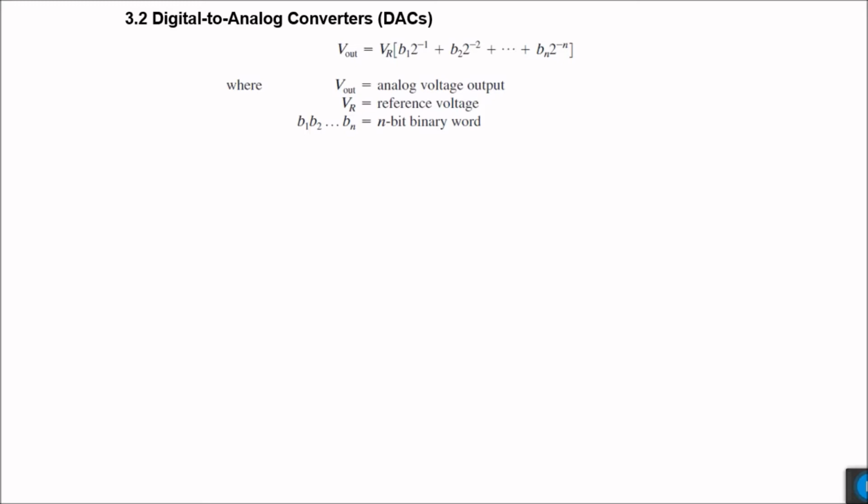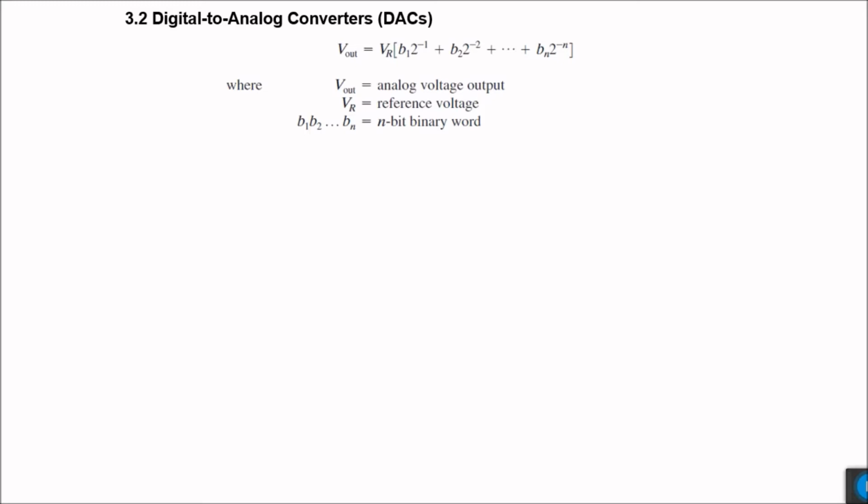But when we have to send that processed data back to the real world, most of the data handling in the real world is done in the analog domain. So it is necessary to receive the data from the real world in the form of analog values and convert them into digital values using ADCs, process it, and then convert that processed digital data back into analog data to send it back to the real world. So how do DACs operate? We'll go into the details of that later.